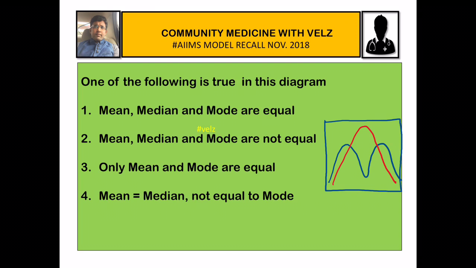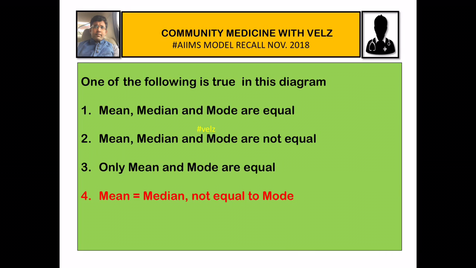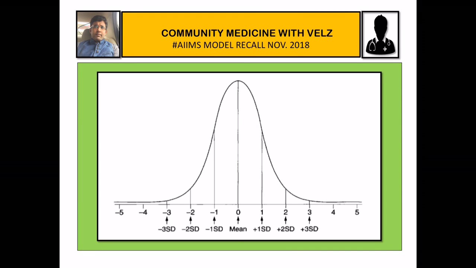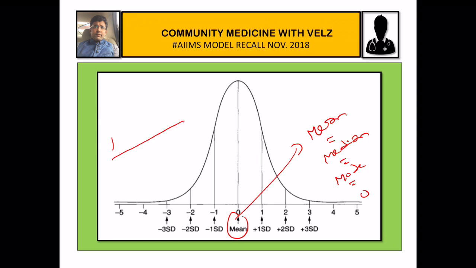Next, which one of the following is true in this diagram? So here we can see a normal distribution curve that is in the red and then a bimodal curve that is in the blue. If you see the normal distribution curve, the mean, median and mode will all be the same and they will be in the center. But if you see a bimodal distribution curve,